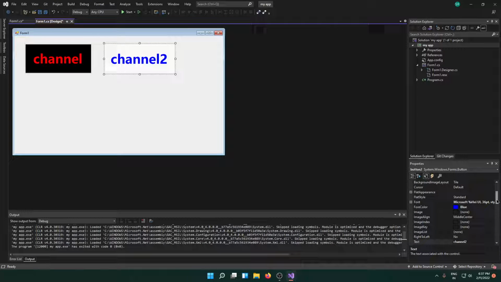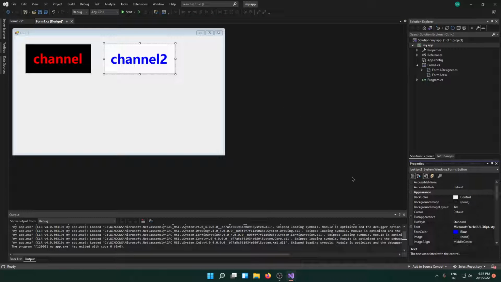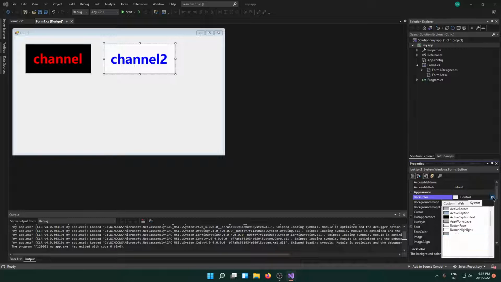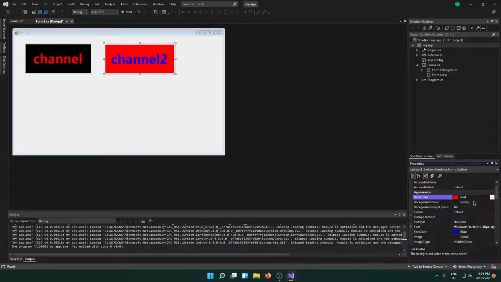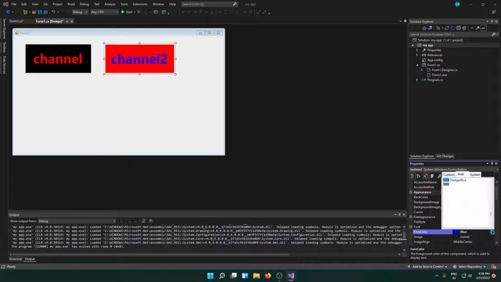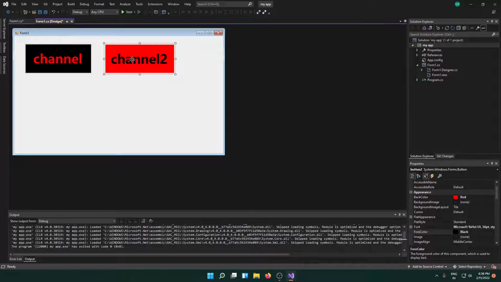One thing we forgot, to change the back color in the button. For that, go up to back color, you can see white. Click that and click the bottom arrow mark, and you can see the 3 texts: system, web, custom. So go to custom, you can see a lot of colors. I'm choosing red. I'm choosing the fore color as black,